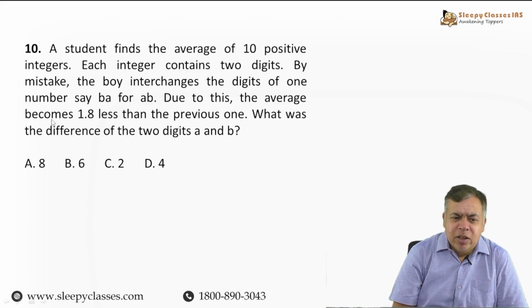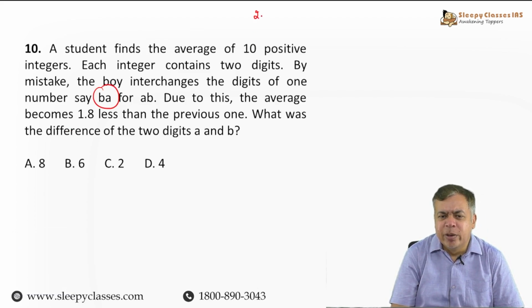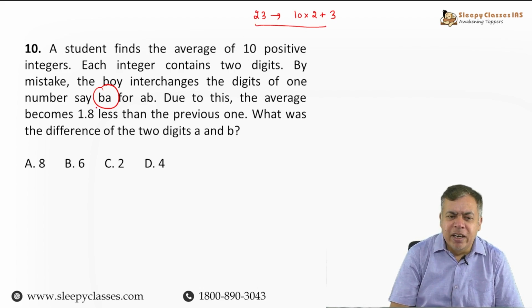Right? When we write a 2-digit number, let's say I am writing 23. So actually the meaning of 23 is 10 into 2 plus 3. Right? This is the meaning. So similarly, when